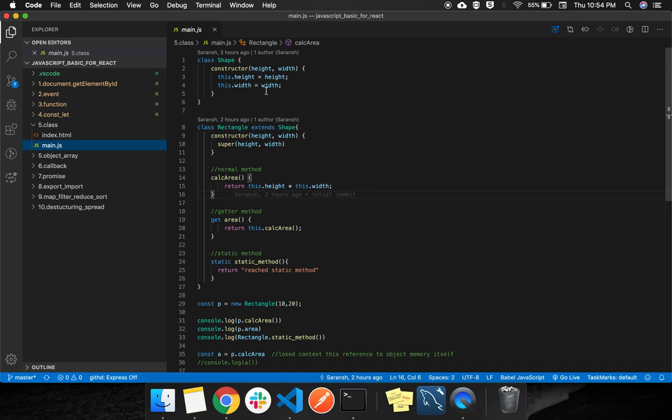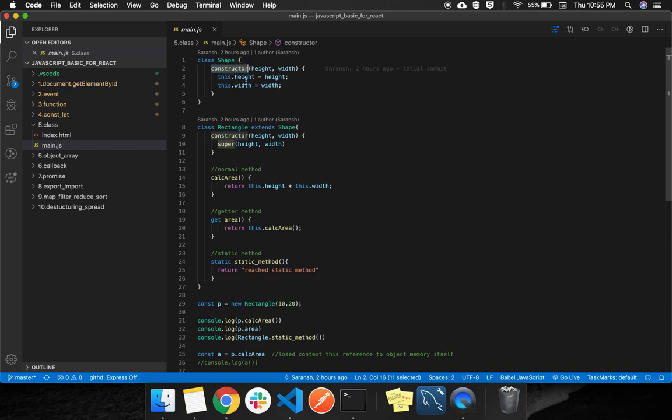So as with most programming languages, the syntax is very simple. Class name, there is an extend keyword. Let's start with this class name. There is a constructor that will be used to instantiate object memory. So there is a this keyword also, just to reference who is calling that function or who